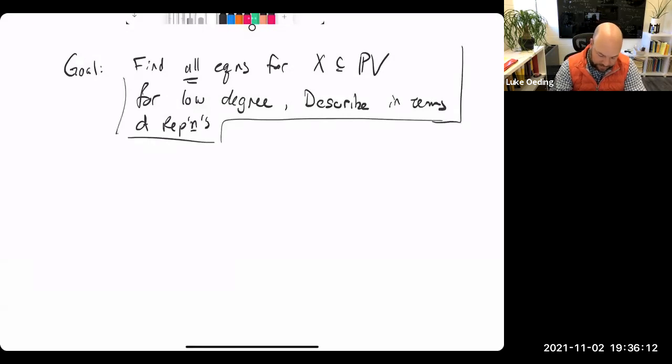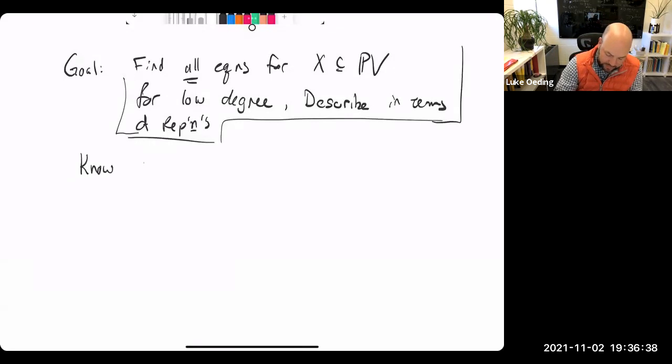And like I said, I'm not saying that we can find the highest degree equations or the best equations, but we're saying we find all the equations in low degree in terms of representations. And there are many other methods for finding equations, which can be very useful still, which would be the subject of a different lecture series. And so we were at the point where we said, okay, so we know